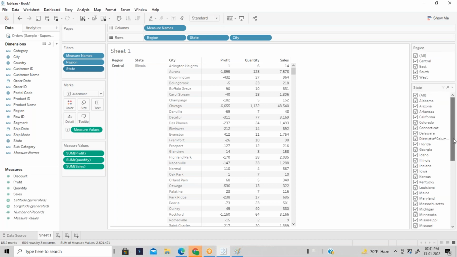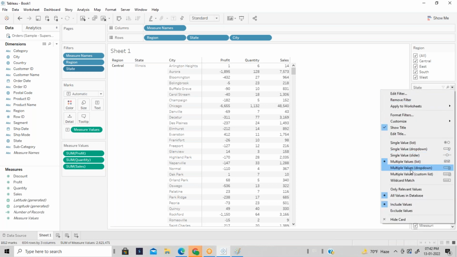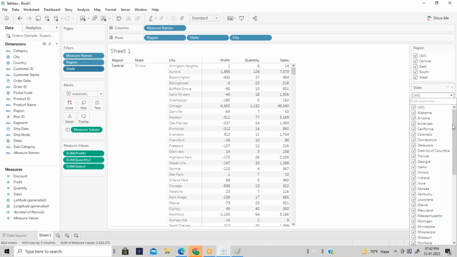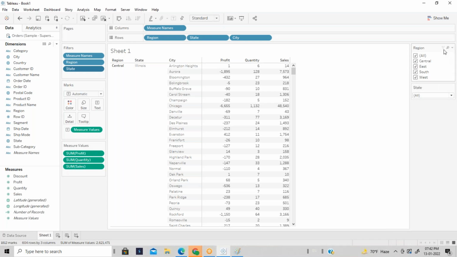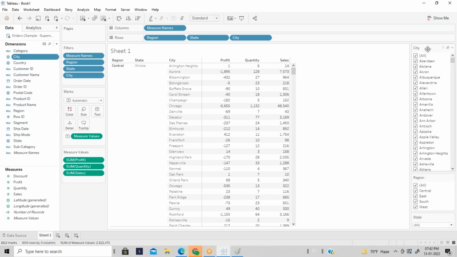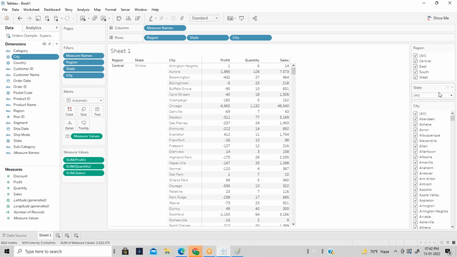There is a long list of states, so I'm going to make it a multi-value drop-down list. When you select, only then it will show the states you want. Similarly, I'm going to add a state filter as well.